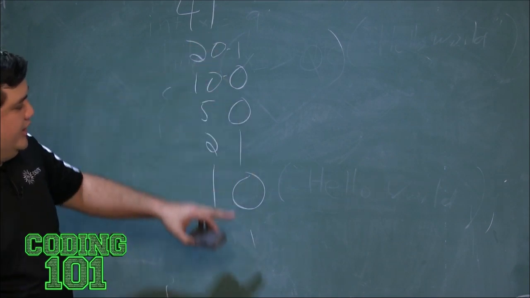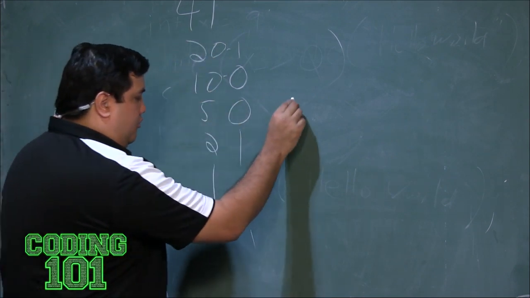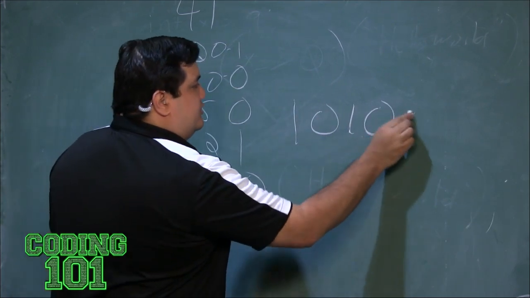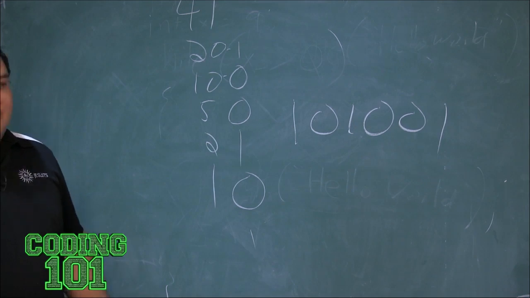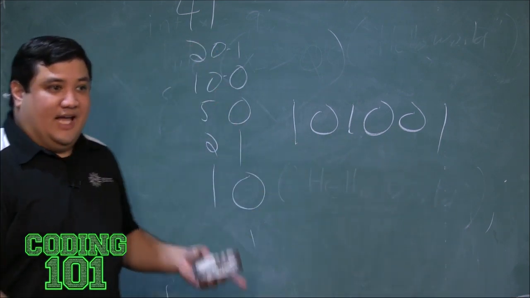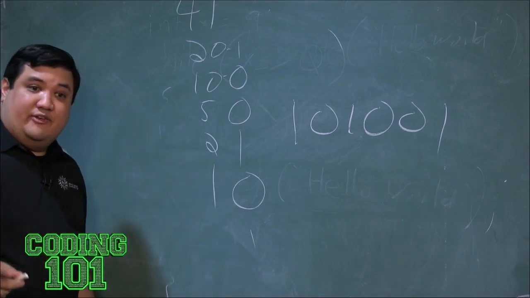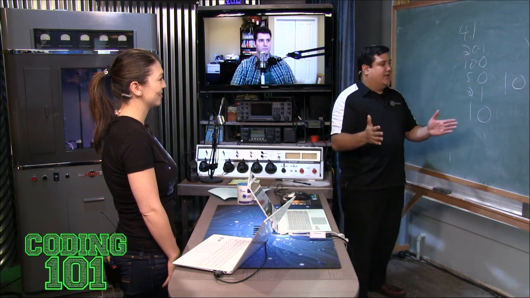Now this, if I read this from bottom to top, right to left, this actually gives me my binary. 1, 0, 1, 0, 0, 1. That gives me the value of 41. So you start at the bottom. Bottom to top, right to left. It's actually very simple. I mean, it seems difficult, but that's how you convert an integer into a binary number.